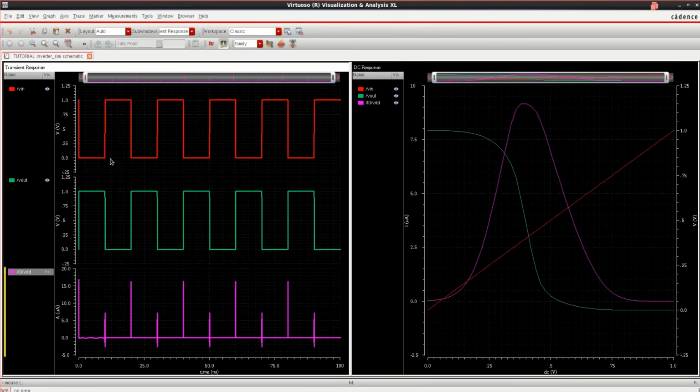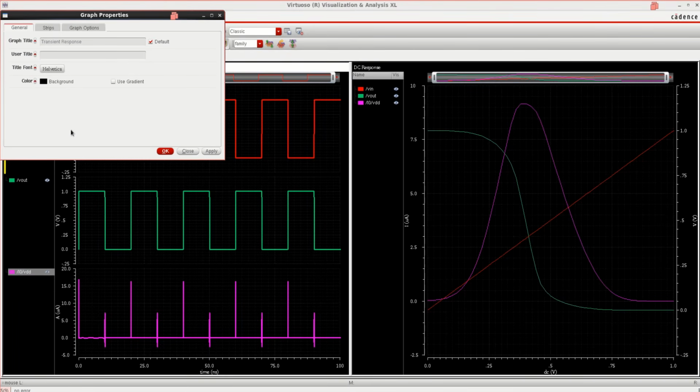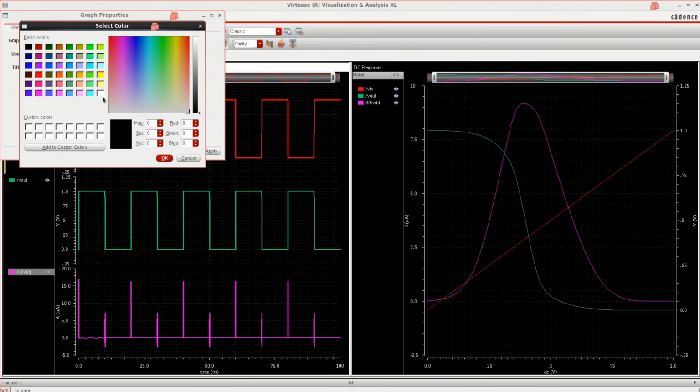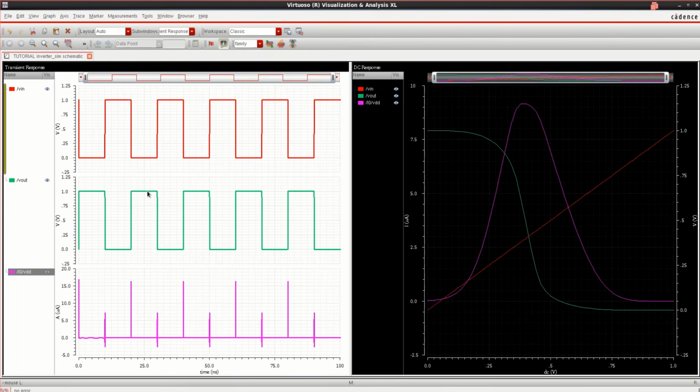So for low value, I'm having the high, and for high value it is having a value as 0. If you want to change the graph properties, right click here, click on graph properties, click on black and select the white background, click OK.